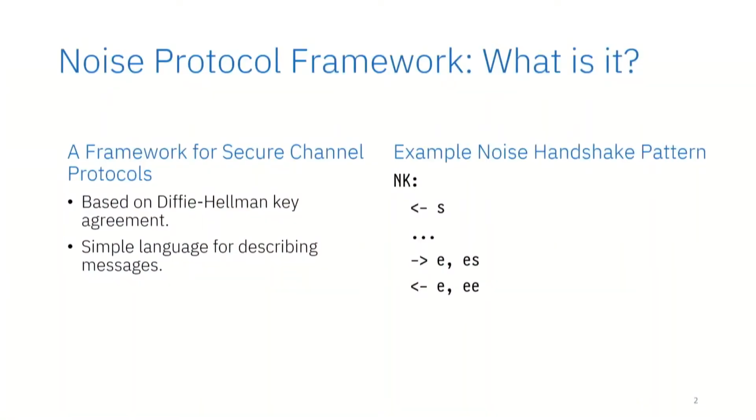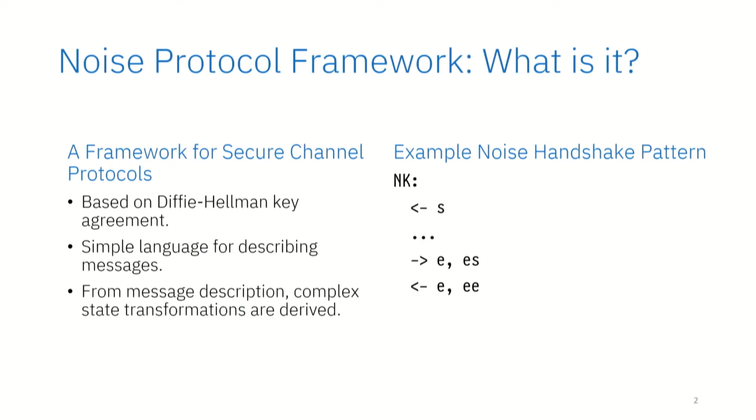They're based on Diffie-Hellman key agreement. They kind of maybe look a little bit like something like TLS, like any other secure channel system, but they're not TLS. And the most interesting part of noise is actually the fact that the noise protocol framework has a simple language for describing the messages within the noise protocol. And from that language, which looks, by the way, something like that, see on the right. So that's a full noise handshake pattern, which is essentially a noise protocol. From that description,